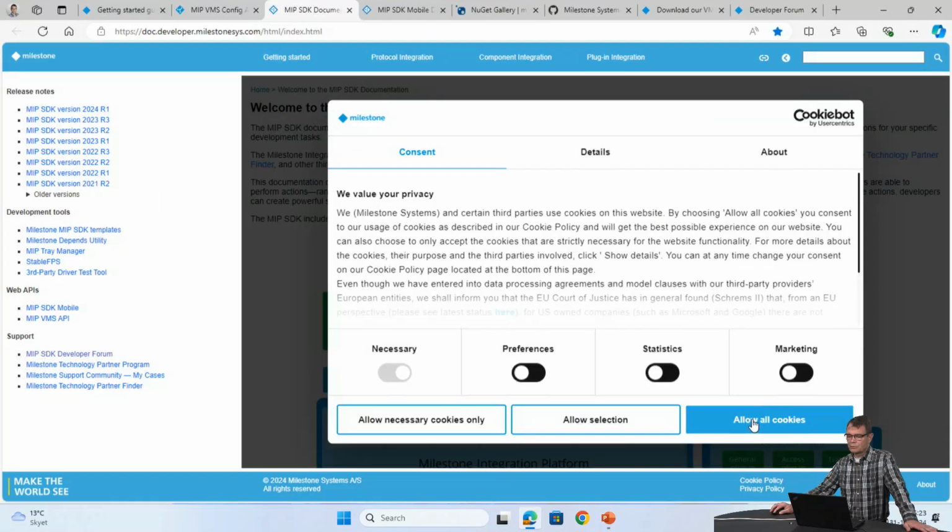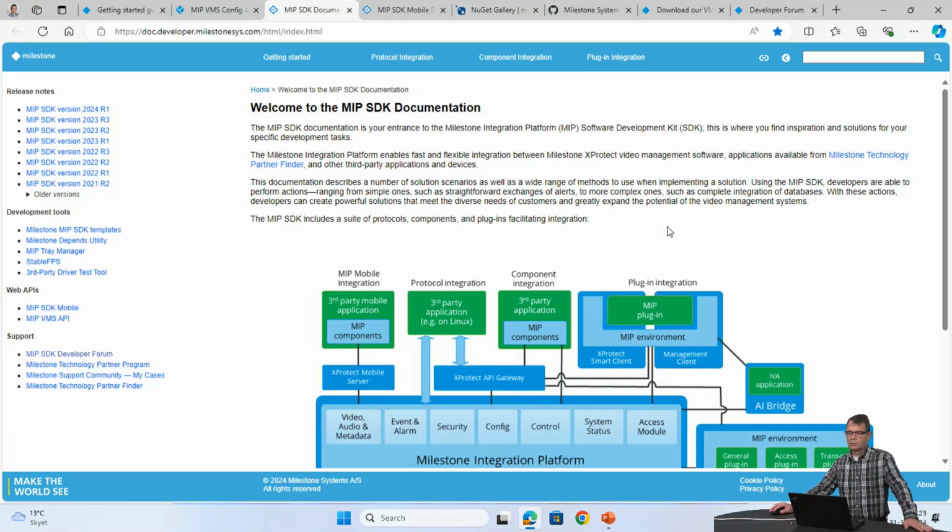Let me switch to the next one, which is the MIP SDK documentation. So here we have like three areas where it is divided into. It's a protocol integration.